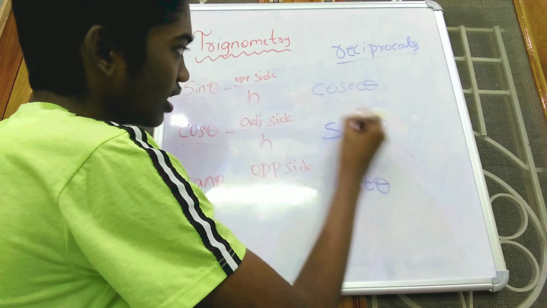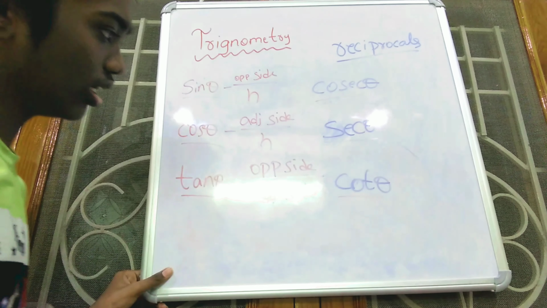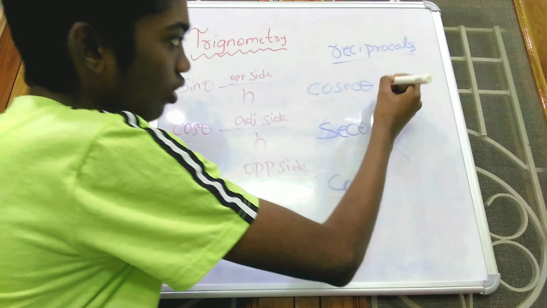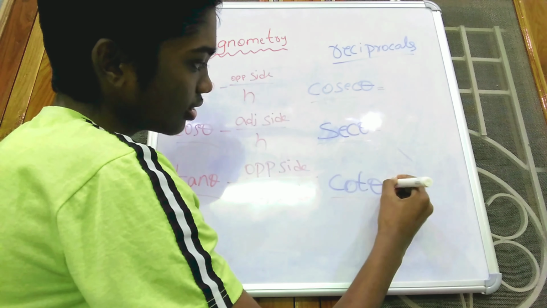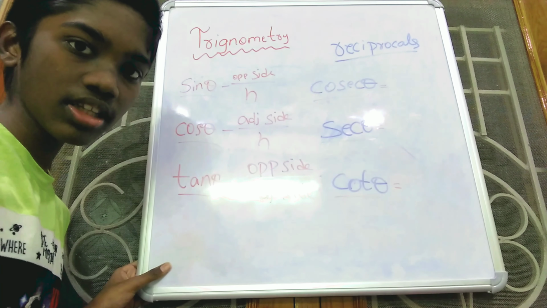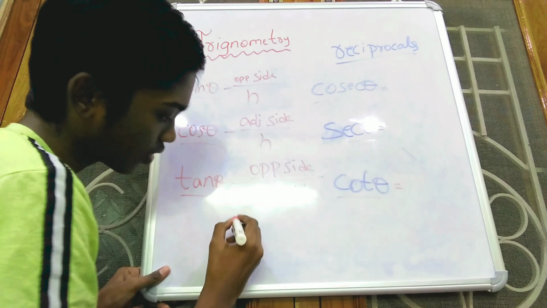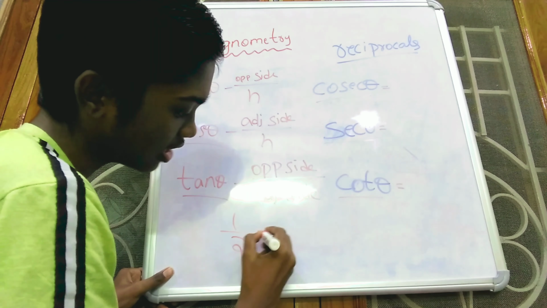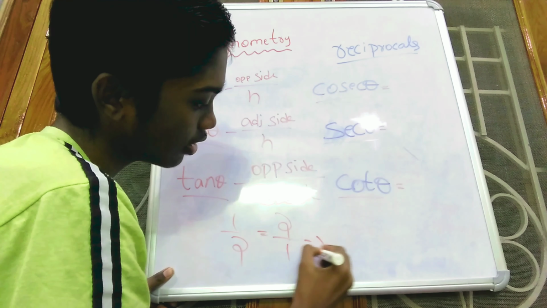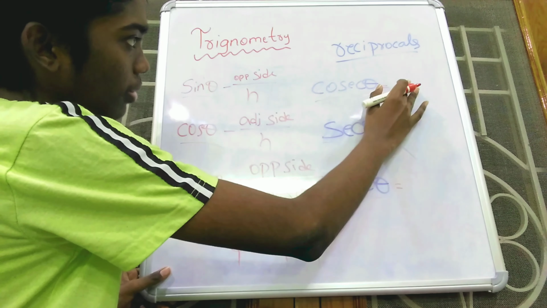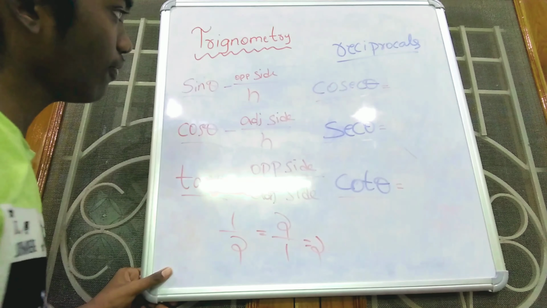So these are the three reciprocals of these three thetas. Now for these reciprocals also there are separate formulas, but they are not much difficult when we compare with this. Why? Because if we take 1 by 2, then the reciprocal of 1 by 2 is 2 by 1, that equals 2. So these formulas also will be reciprocals of them.